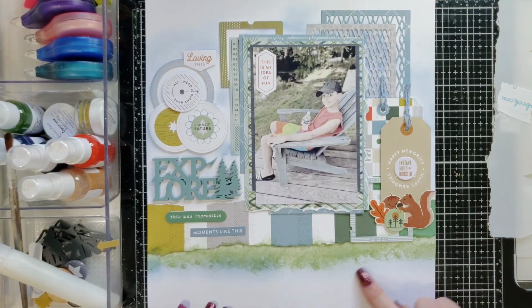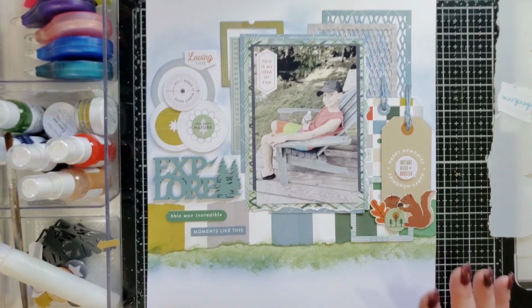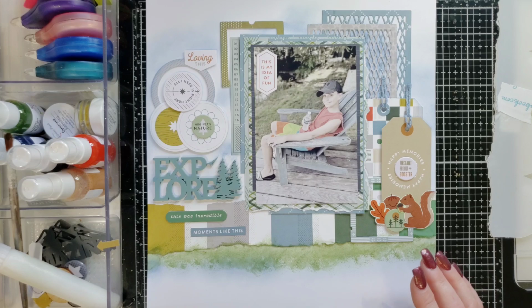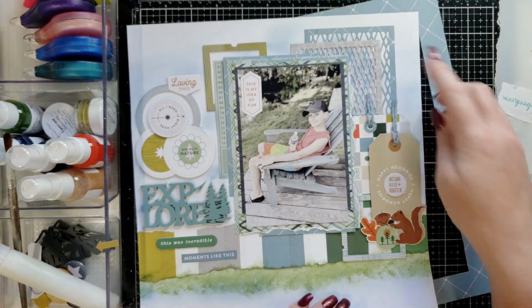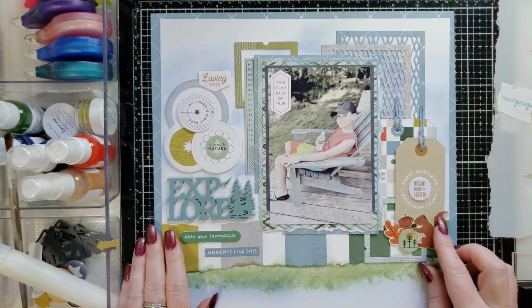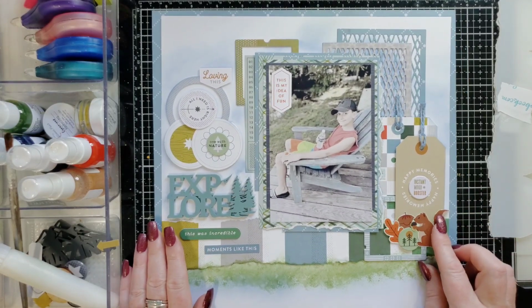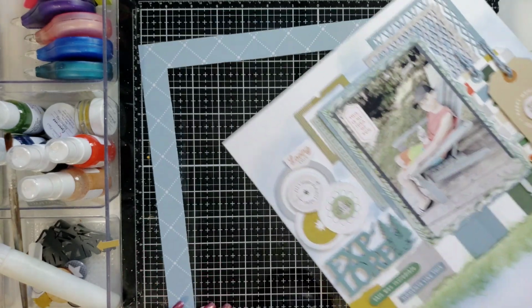I blended in a little blue with the green down here, and then I got looking and said, you know what, this needs a frame. So I found this piece of paper that matches that, so it's going to tie it all together, and then look with a frame. Doesn't it look so much better? I love it. I'm thinking about tearing